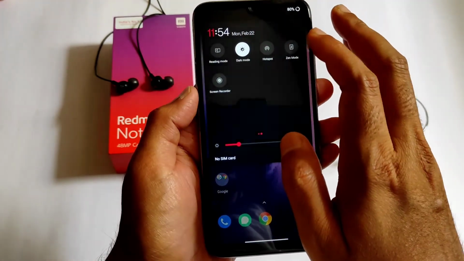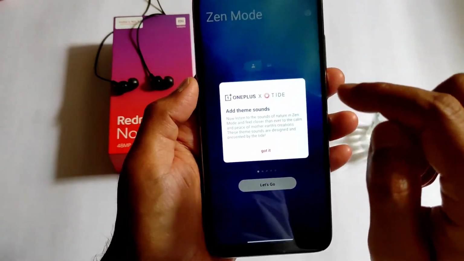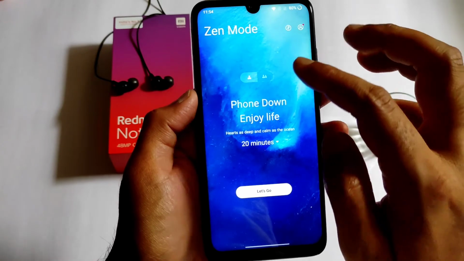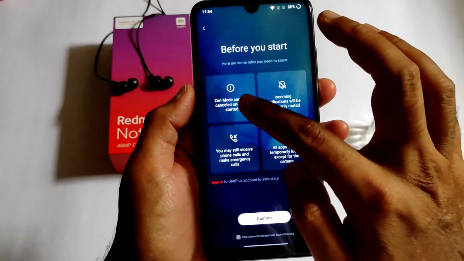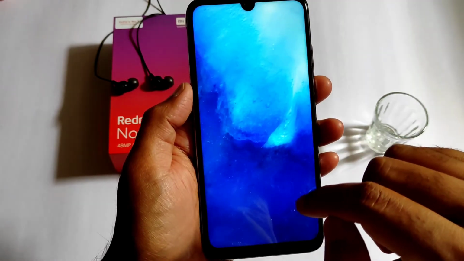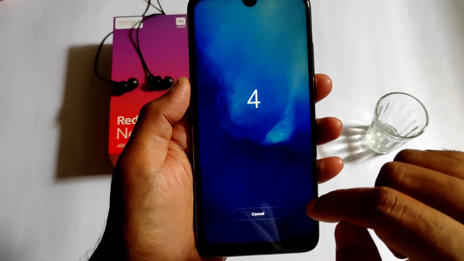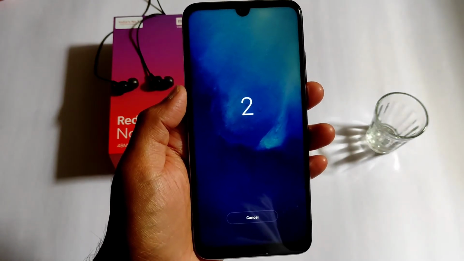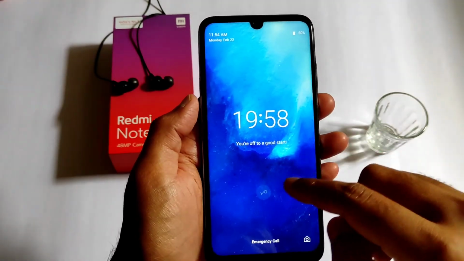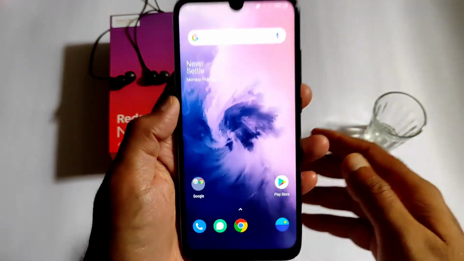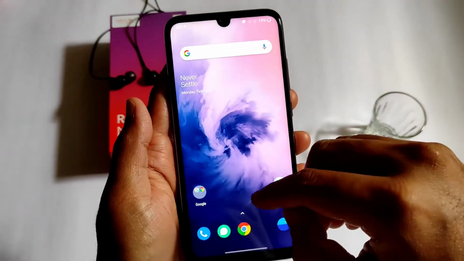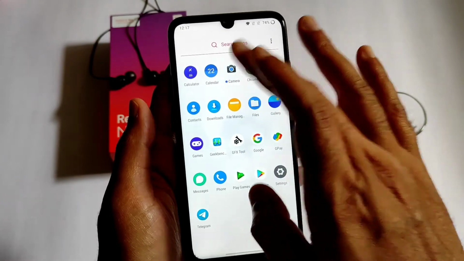Even you can turn on dark mode directly from notification toggles. And this is the Gen mode, you will get it out. As you can see, it's working fine here. Only you will get calling. As you can see, they have mentioned. Let me confirm. As you can see, now you won't access your smartphone until the 20 minutes goes. I will meet you after this 20 minutes, guys. Okay, now after that 20 minutes, as you can see, that is the Gen mode what I have explained.